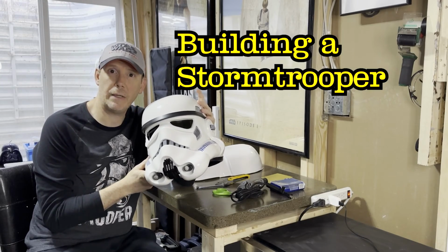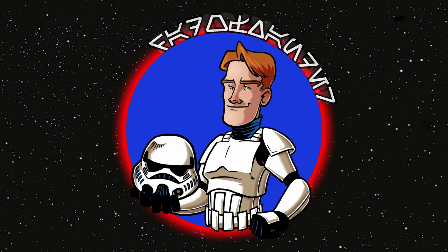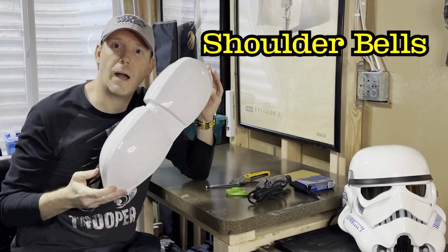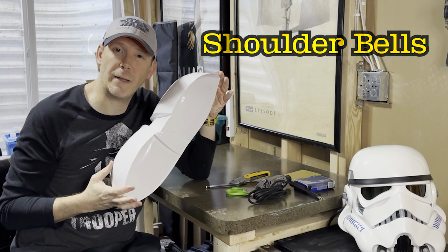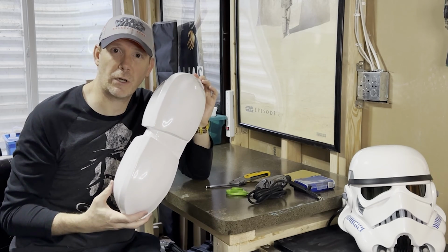We are building a Stormtrooper. In today's video, I'm going to show you how to do the shoulder bells. This is a very simple piece of the armor, which is why we're going to go ahead and start there